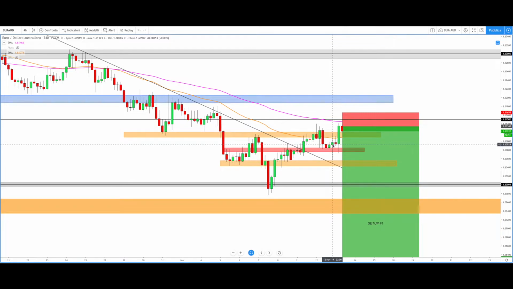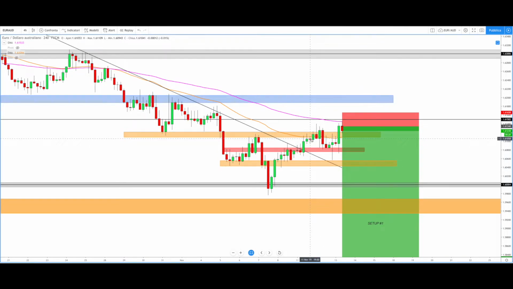after the news on the New Zealand dollar, the price found the strength to start a new bullish movement that brought the price to almost touch this Fibonacci, this key level here, 1.6150, and we can see that the price with this upper shadow has already touched this 100 period MA. So for me, we have all the confluences I share in the VIP Telegram channel and in the free Telegram channel, because